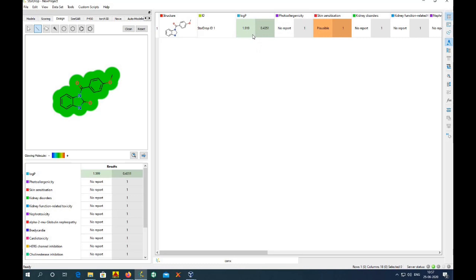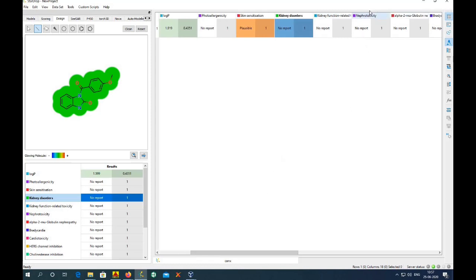We know that if logP is above 2.5, it is mostly lipophilic in nature, and below that it is hydrophilic in nature. So this compound is somewhat hydrophilic in nature, and we can see the different toxicity. It is having skin sensitization plausible, and nephrotoxicity, there is no toxicity.